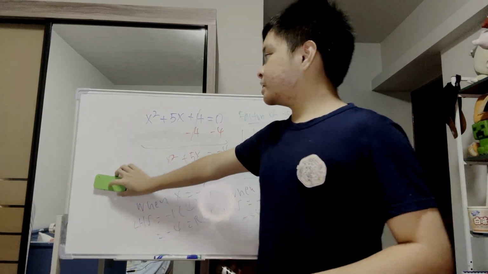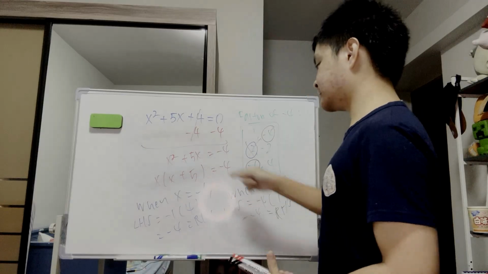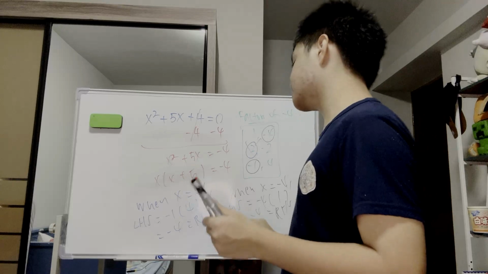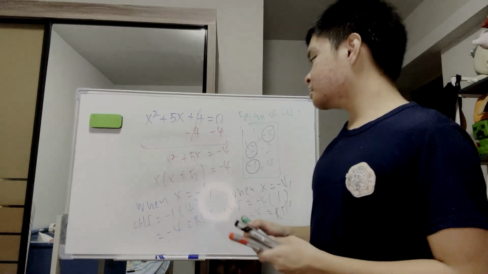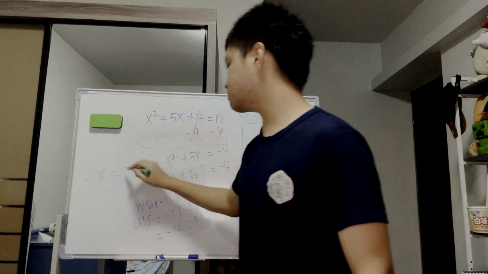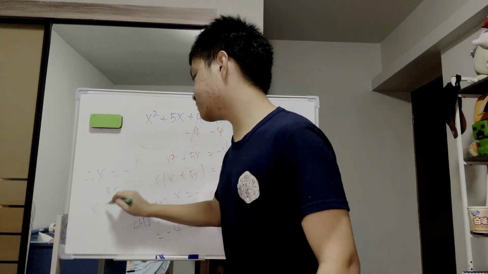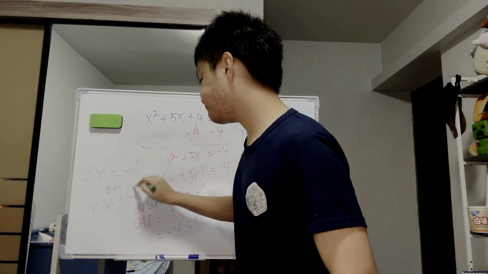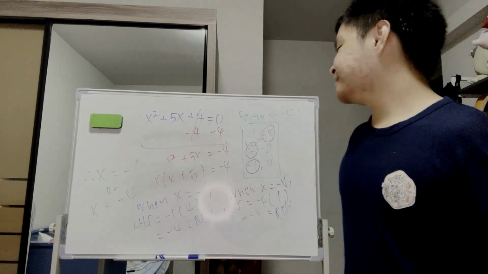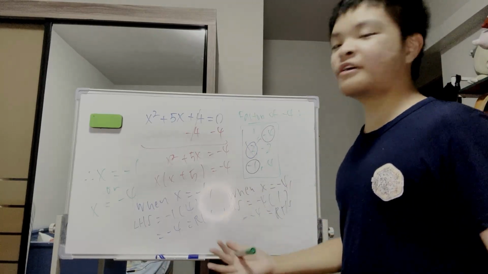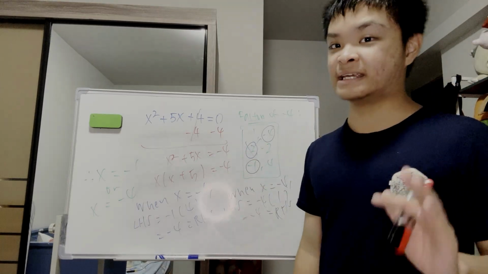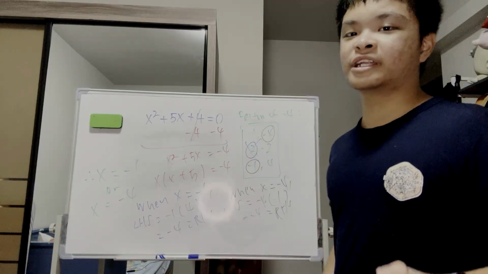And you might be thinking, how do I get my solutions from this? Because I did this and I still don't understand what the solution is. Well, the solutions are just the factors that work. So, hence, x is equal to -1 or x is equal to -4. And I solved it. So yes, this is my very great method of solving quadratic equations. Don't do this in exams, because I don't even think you'll get the mark,